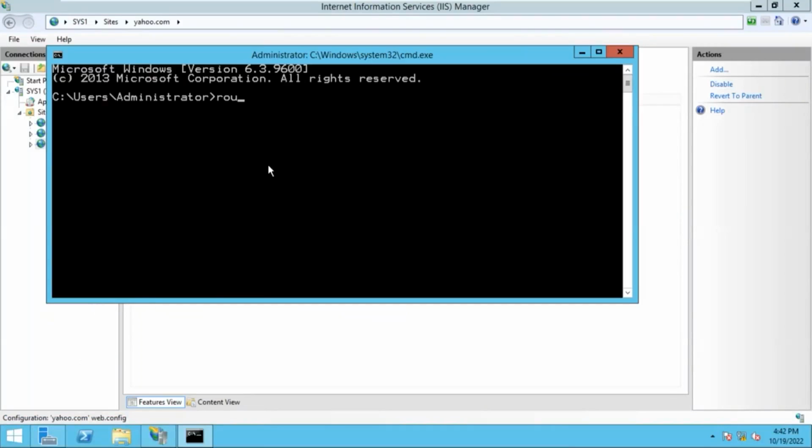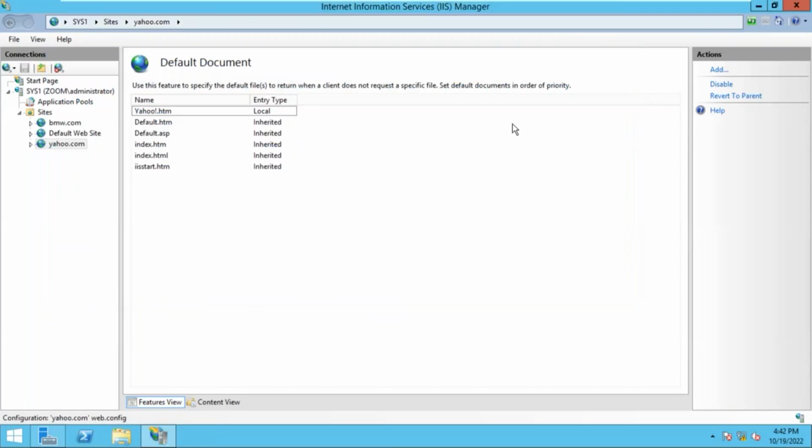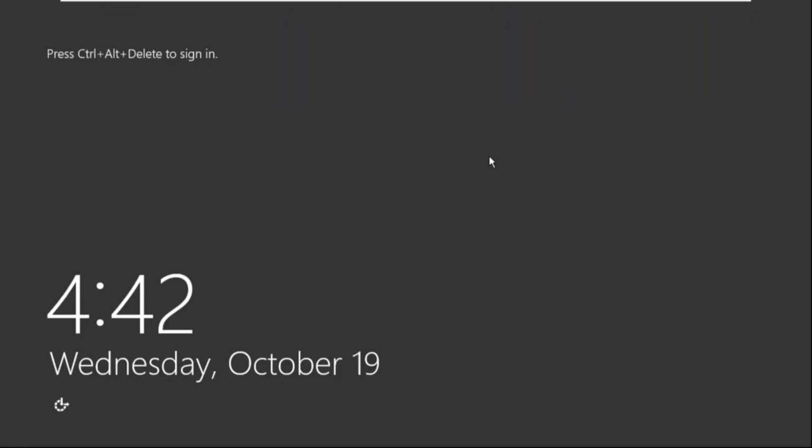So you have to write route delete IP, IP version 6. How you will write? Double colon 1/128. So you should get the message like this. Okay. So IP version 6 is disabled. Now check the output from the member server. So here you should be able to access the page now with